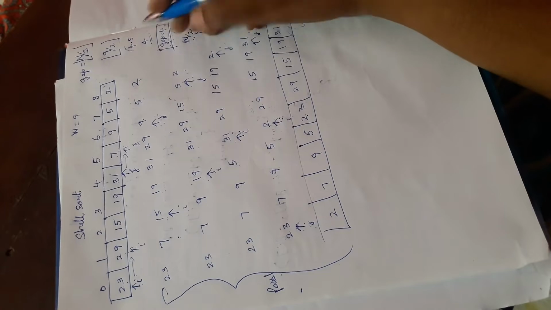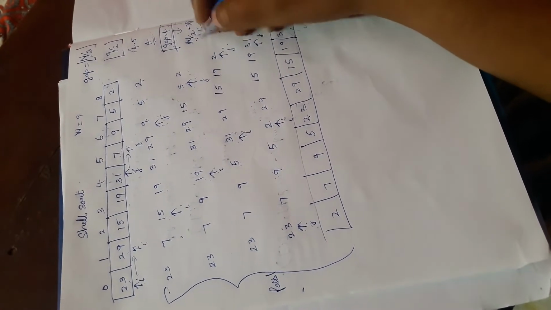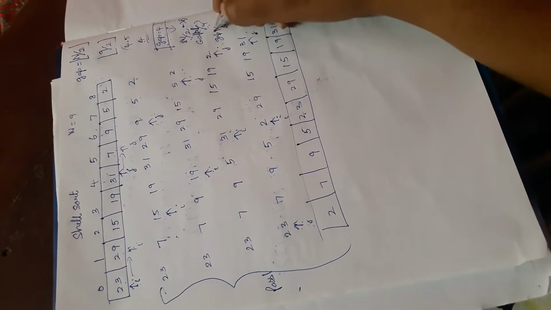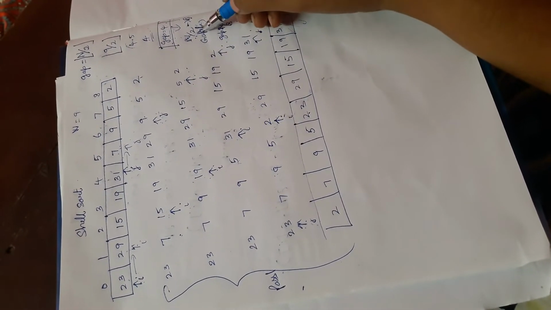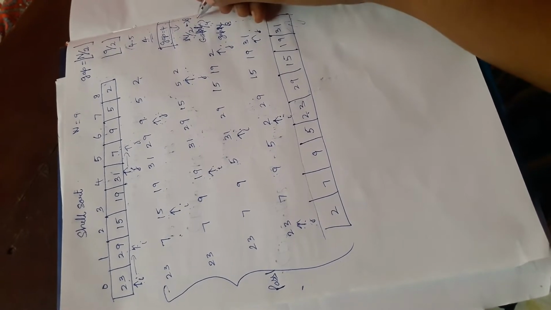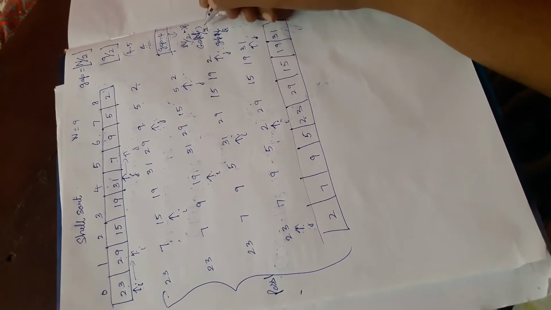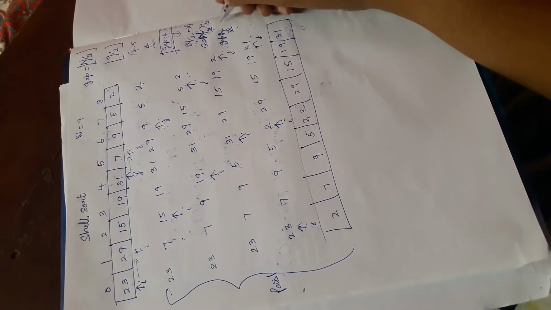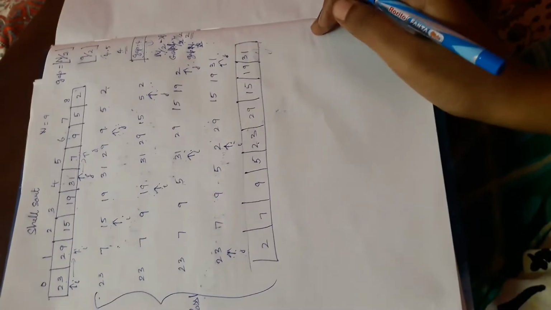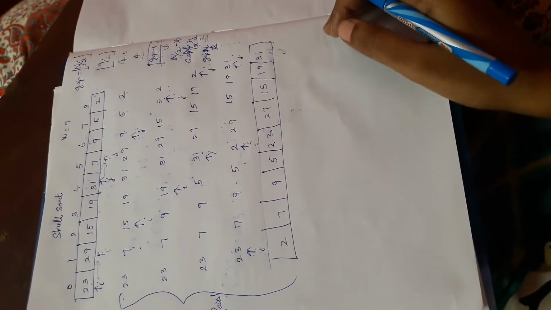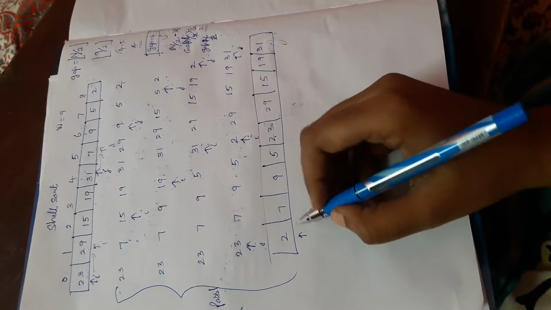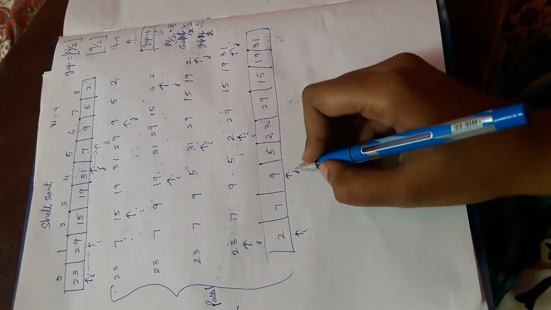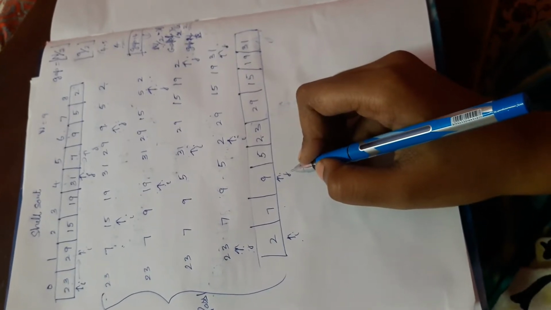Okay, what is the value here? 4. We have to take the gap value of 1, gap value of 2. Okay, this is pass 1. So the gap value of 1 is 4. So here I am taking 4 divided by 2, which is equal to 2. So now the gap value is changed to 2. So now I will be here, then 2 will be 1, 2. So I position will be here and j position will be here.